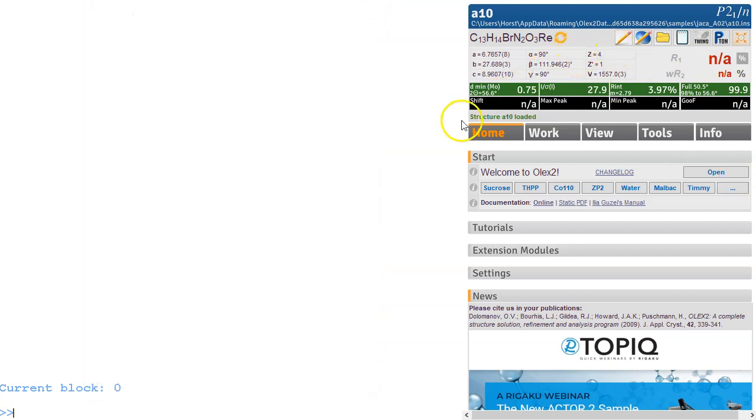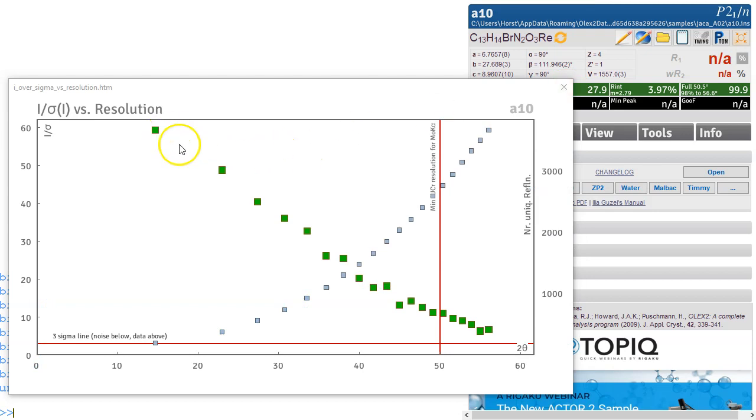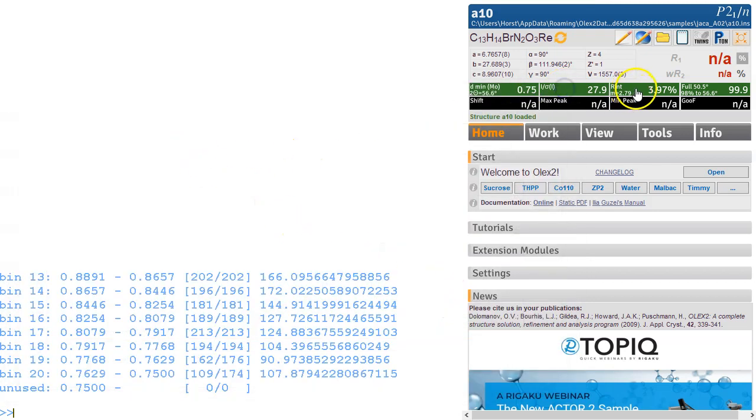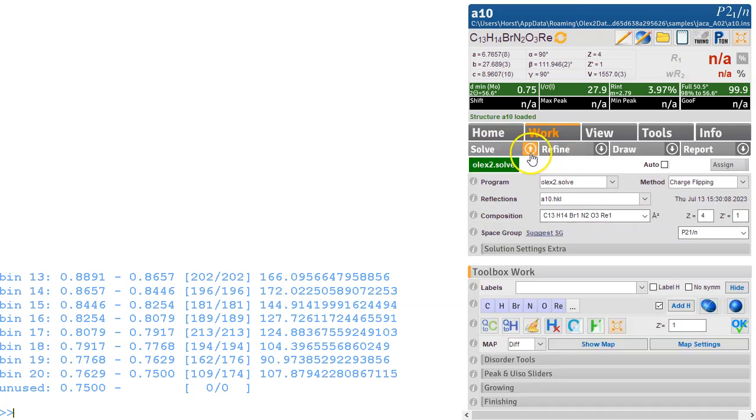It gets the structure, and there's no structure, right? There are no atoms yet. It's not solved. That's our job. We can have a quick peek at the data quality. It's very good data here. There's no problem to be expected. We also know it's dark green. Dark green usually means something is not bad. And anyway, we head over to work, and over here in structure solution, we are just gonna select OLX2 solve